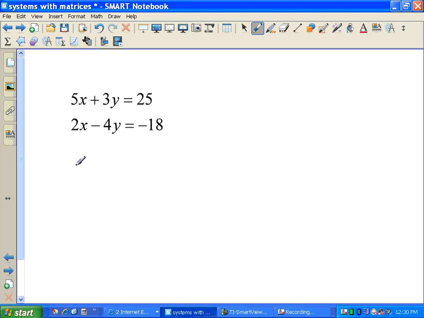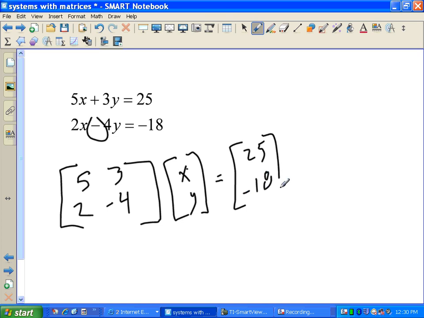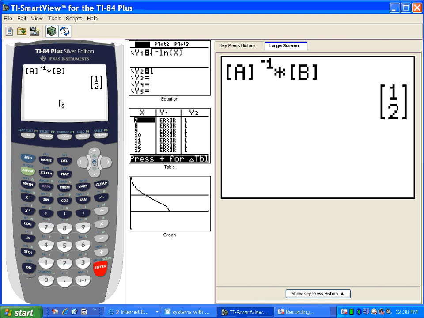First thing we do, another system of equations, we put our coefficients into matrix A: 5, 3, 2, and because this is negative right here, we need to make this negative 4 as we put it into our matrix, the variable matrix, and then the constant matrix. So we write those down, we go back to the calculator, we go back to the matrix piece,